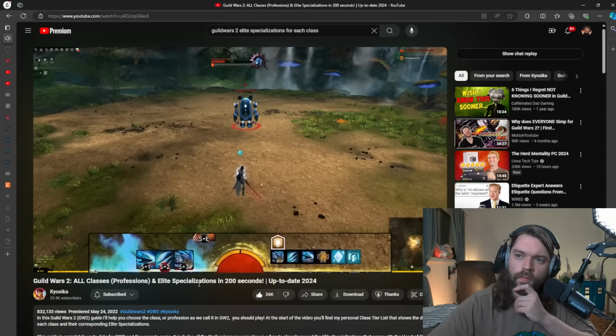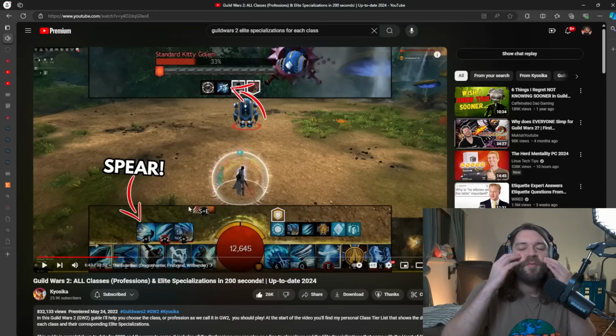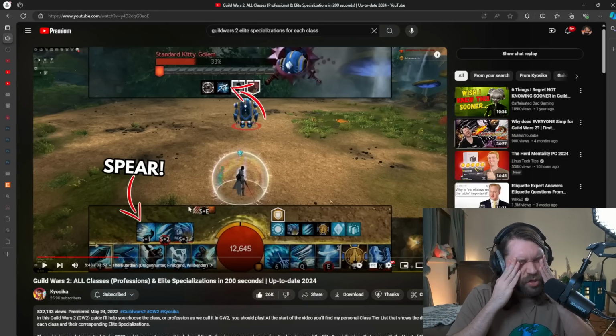Your first virtue now hurls a burning spear at your foe. This tethers you to your foe and